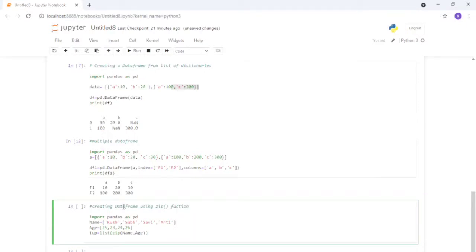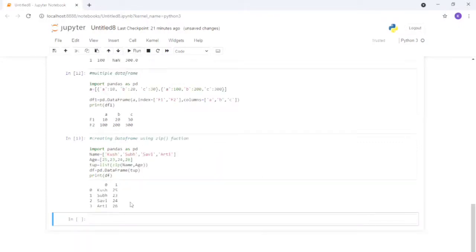So how can you create it? Now you just go with df is equal to pd, and we have to convert it into a data frame. Once we go with data frame, I take the value from tup, and the next function that I have to give is print df, and once we give print df, it will be printed accordingly. Now you can see these things are here.